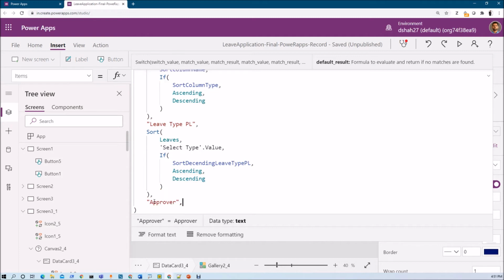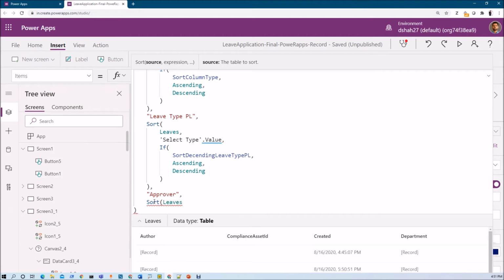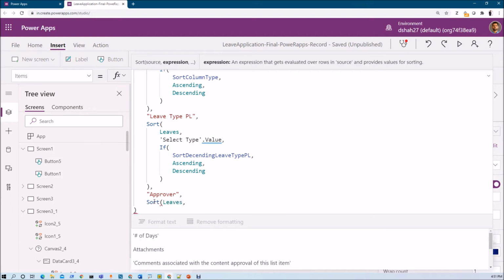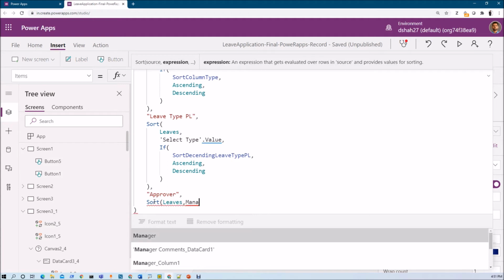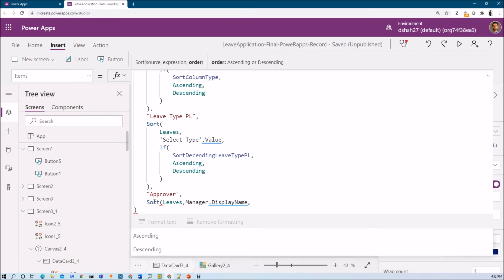Then again we need to use the sort function, sort leaves list, right? Then we need to provide the column name, that is manager dot display name, because on people picker I wanted to sort based on display name, right? So I'm selecting that. Now we just need to provide ascending and descending, right?